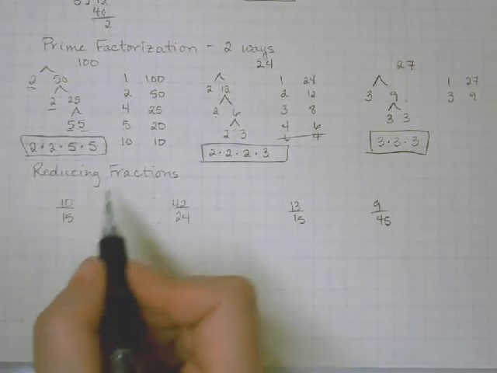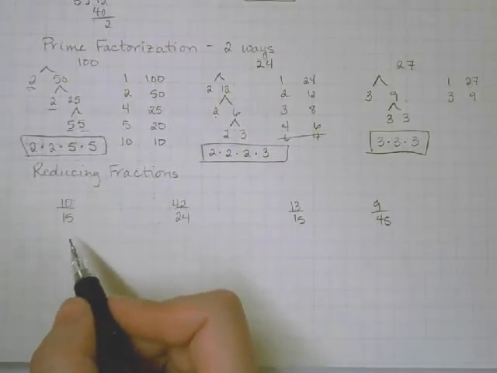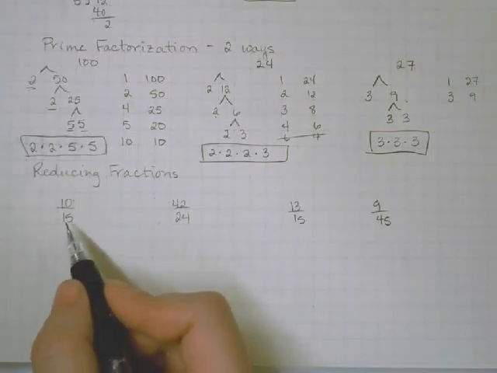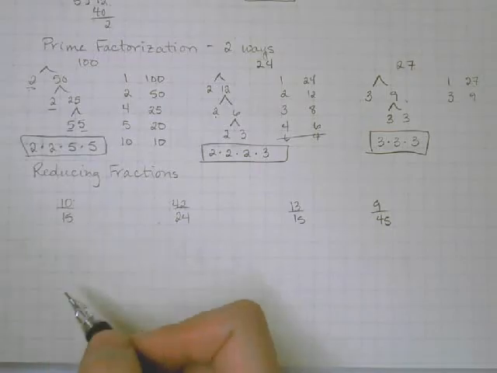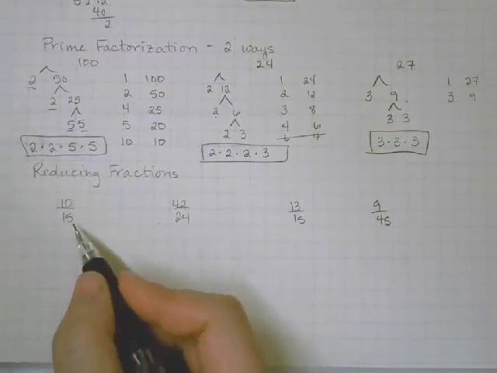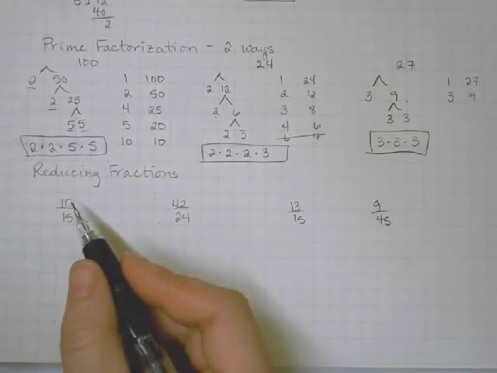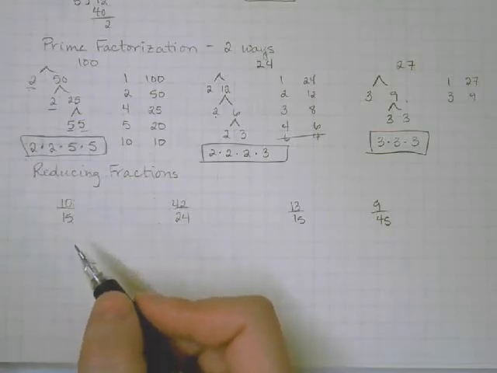The first one you want to look for is 2. 15 is not divisible by 2, so that doesn't help me much. But anything that has a 0 or a 5 at the end is going to be divisible by 5 as long as it's greater than 0. So basically what I'm doing here is